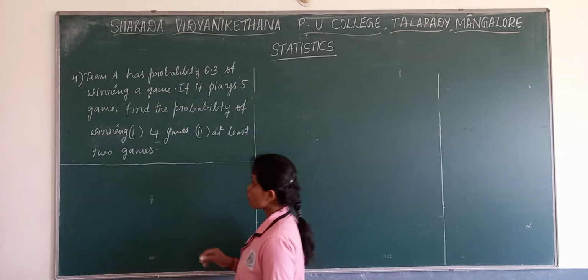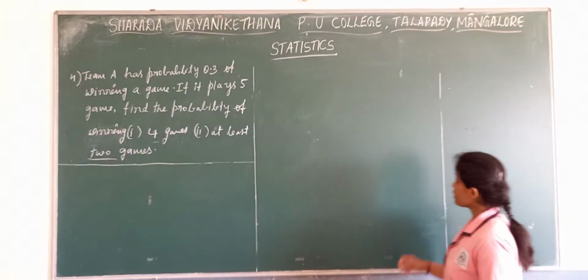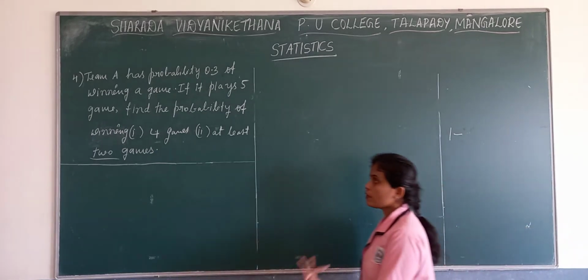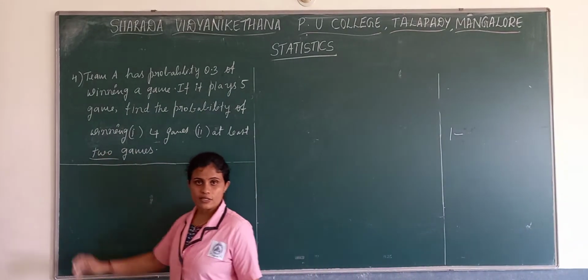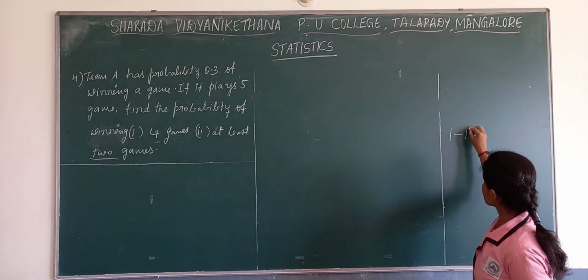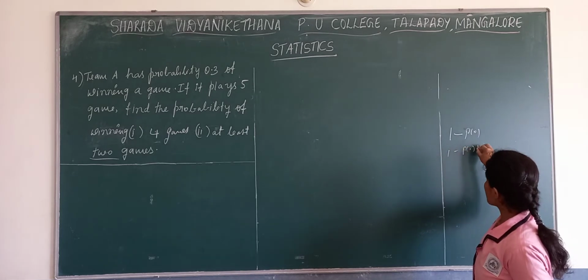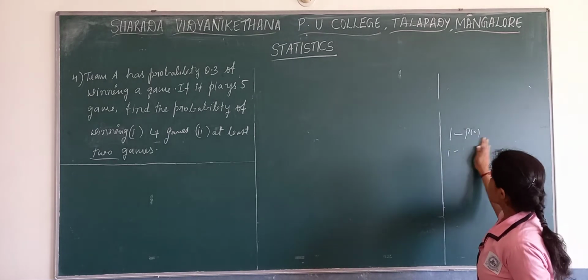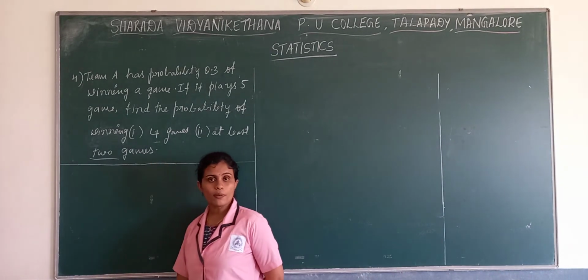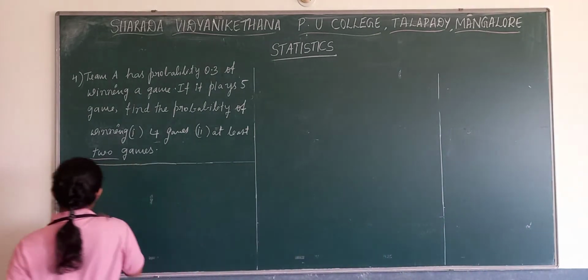See, yesterday also we saw a problem where there was at least 1. At least 1 means I have told you to take 1 minus, whatever is below that, we have to deduct from 1. At least 1 means 1 minus P0. At least 2 means 1 minus (P0 plus P1). So we'll see that later. Yesterday we saw this kind of problem once. Now write the solution there.